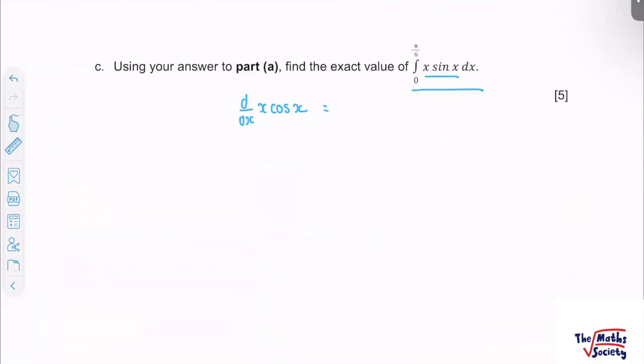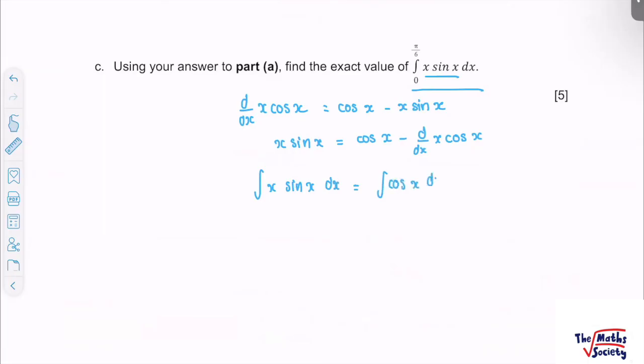So x sine x equals cos x minus d by dx, x cos x. That's integrating x sine x dx equals cos x dx